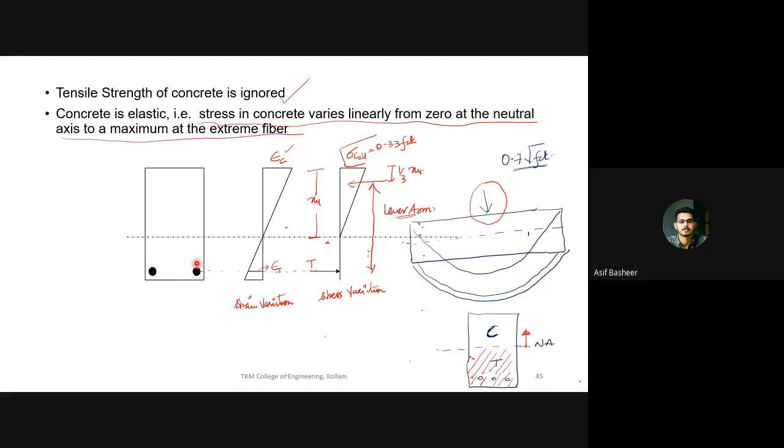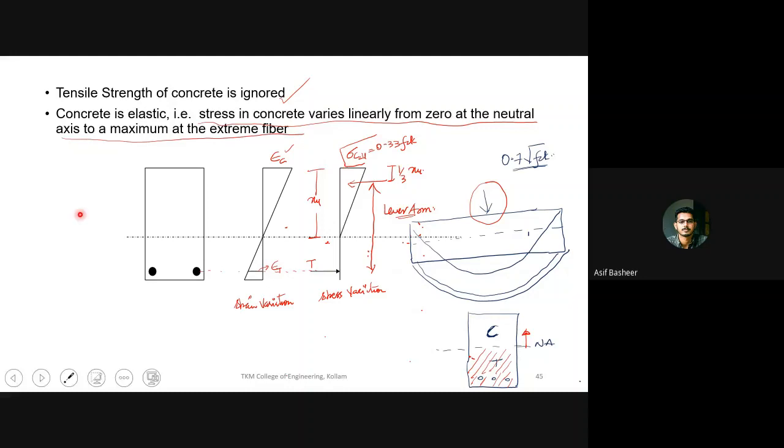Now coming to the compression side, the compression is taken by the concrete. So here, if you see the assumption, the concrete is elastic, that is, the stress in concrete varies linearly from zero to a maximum at the extreme fiber. So the stress variation is linear, and the allowable stress, as I told you before,